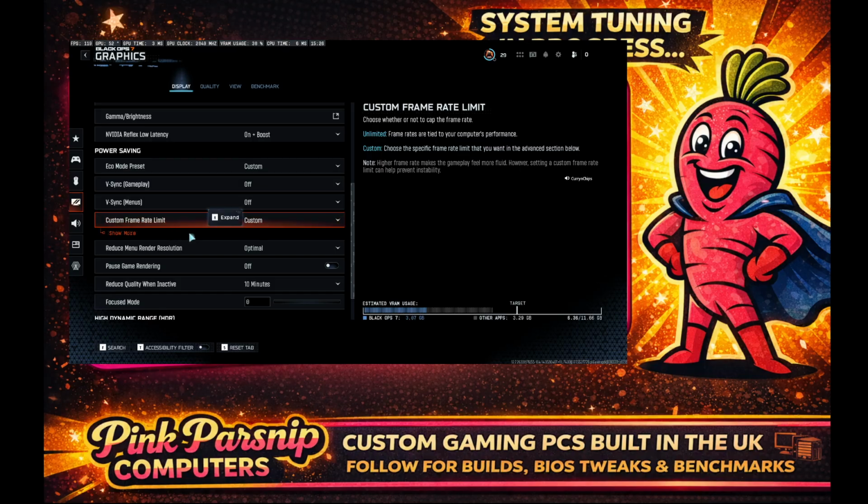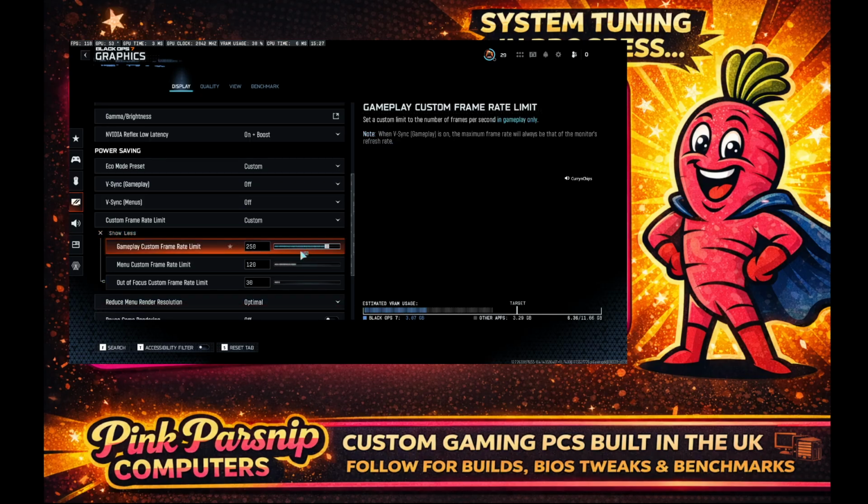Everybody is obsessed with getting as many frames as they possibly can. However, if you're streaming, it's completely irrelevant and completely pointless. And if you've got it on unlimited, you have to bear in mind that your CPU is constantly trying to produce as many frames as it can, obviously working in tandem with your graphics card. But your viewers are only seeing 60 frames per second, so there is no point. And by doing that, your PC and your CPU in particular is going to struggle to render the stream and render everything. So go to frame rate, set it as custom, click on show more, and choose a frame rate